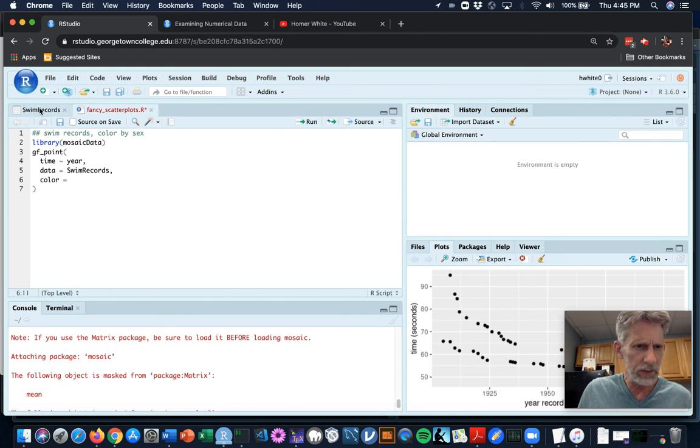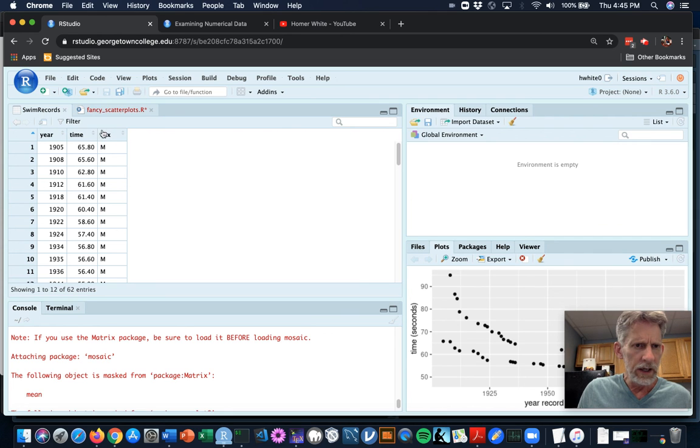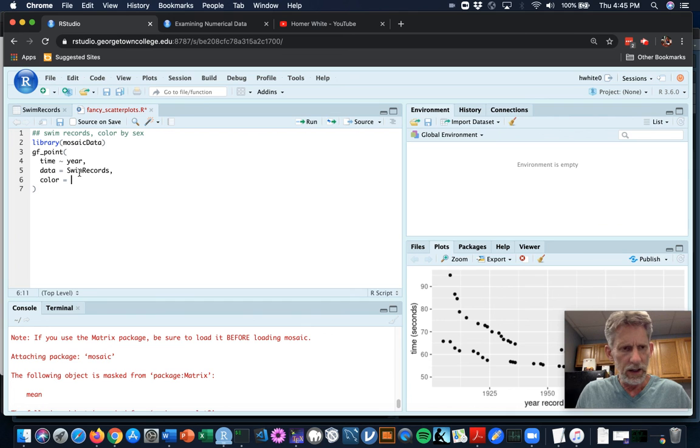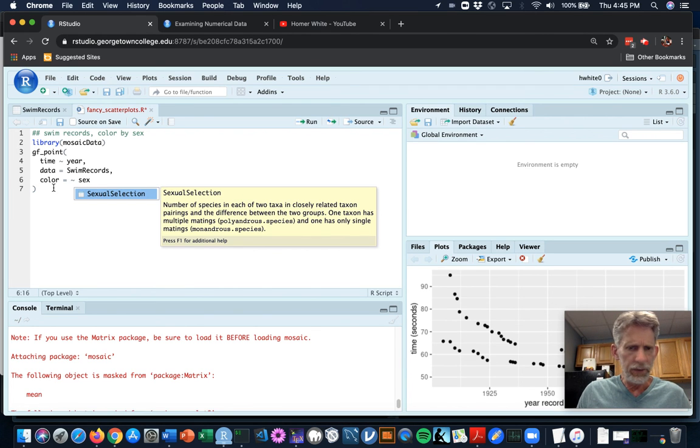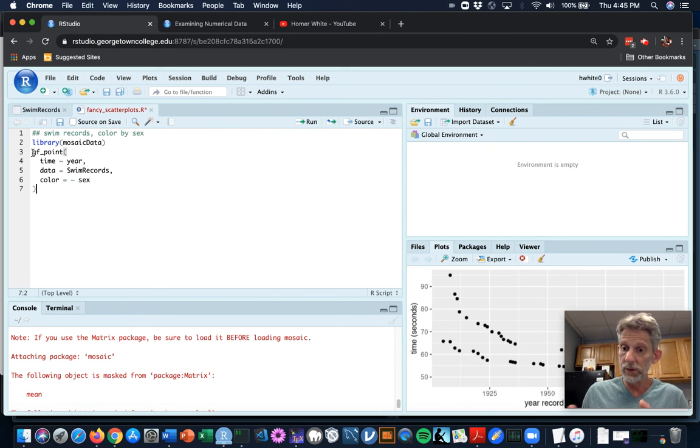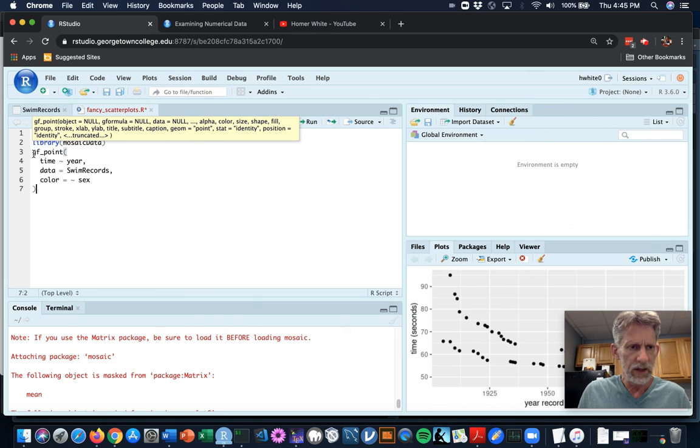Now, how is sex spelled? Let's go over here. In the view, it's sex, all lowercase. It's a variable, though, and you need to tell R that this is a variable in the data set. So you go twiddles sex. You could also make X and Y axes, but I think I'm just going to see if this works to color the points. And so what I'll do is with my cursor at the end of the command,